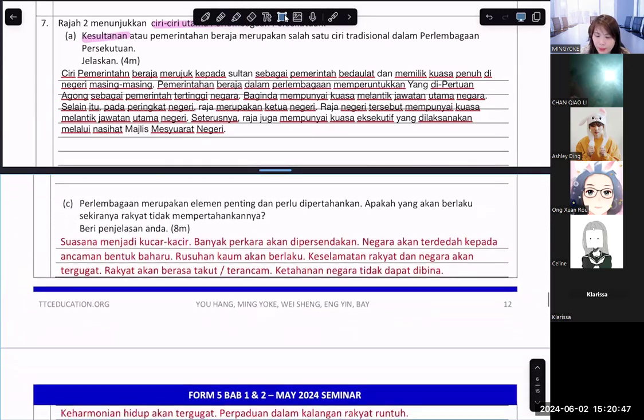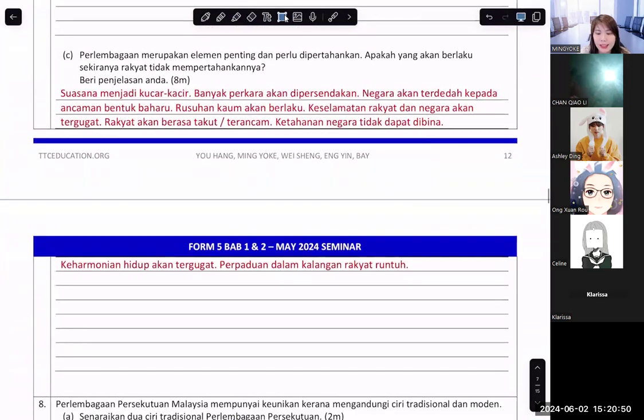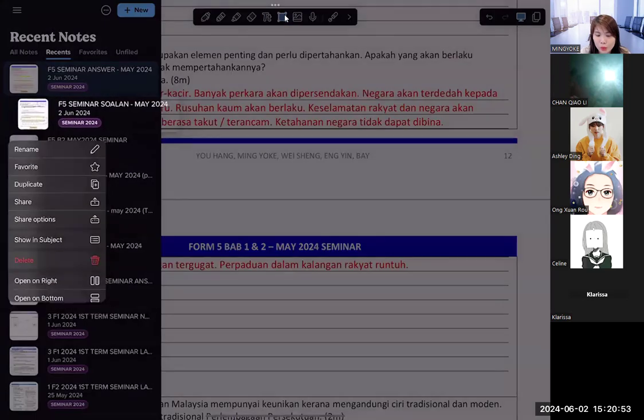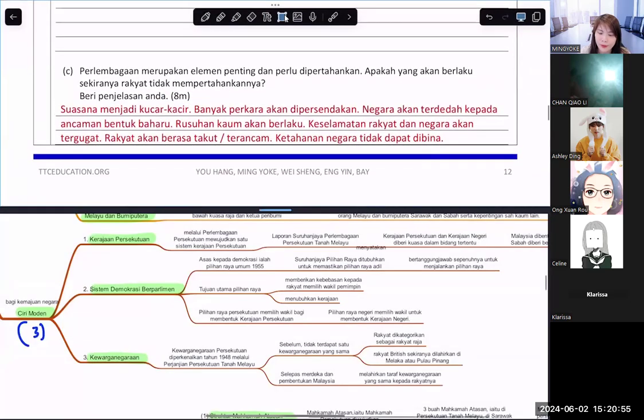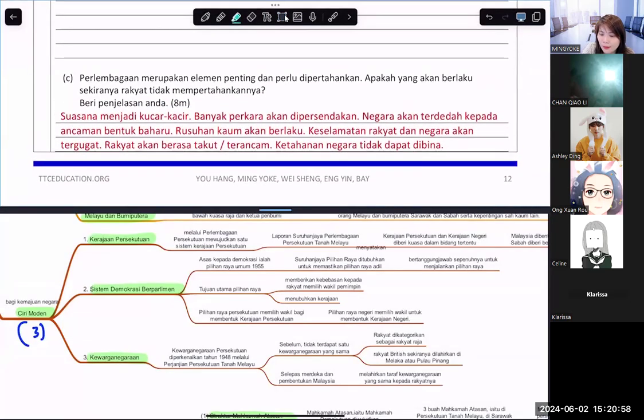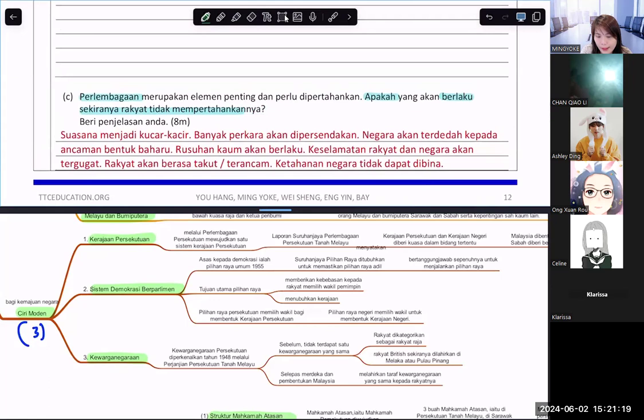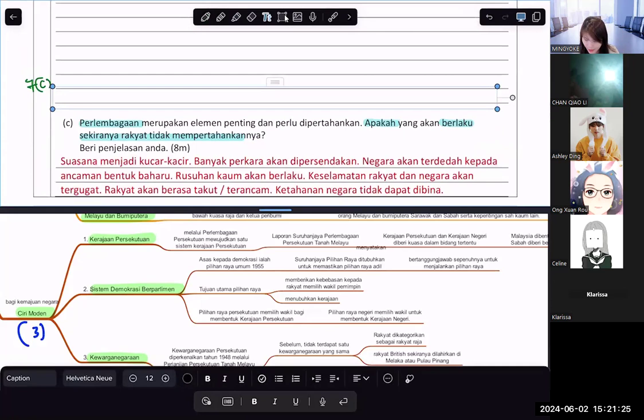Next is, pelembagaan is a very important element and needs to be defended. So now they're asking you, explain. Sekiranya rakyat tidak mempertahankan pelembagaan, what will happen? Okay, so they're asking another question. Apakah akan berlaku sekiranya rakyat tidak mempertahankan pelembagaan? Then you need opening paragraph, guys. Number 1, you have to write 7C. Number 2, you need the opening paragraph, such as,